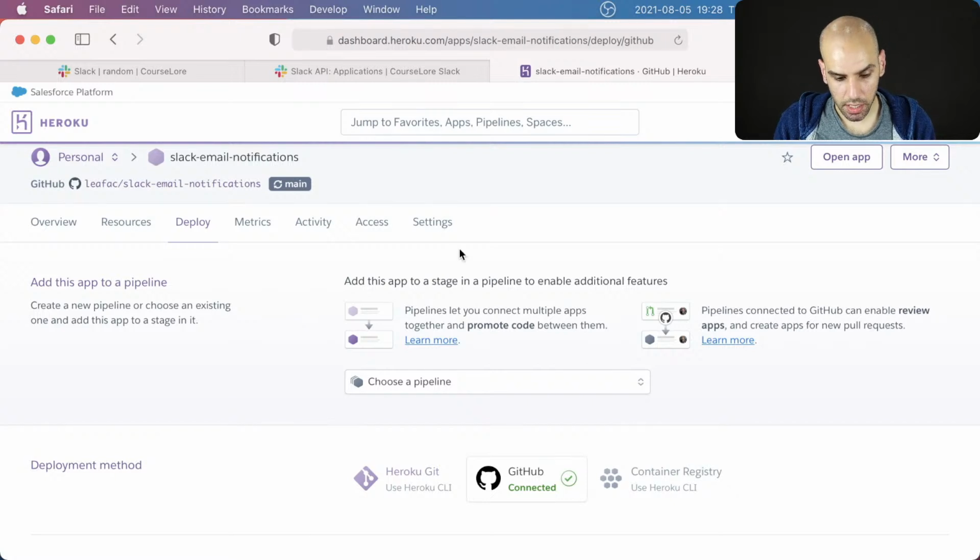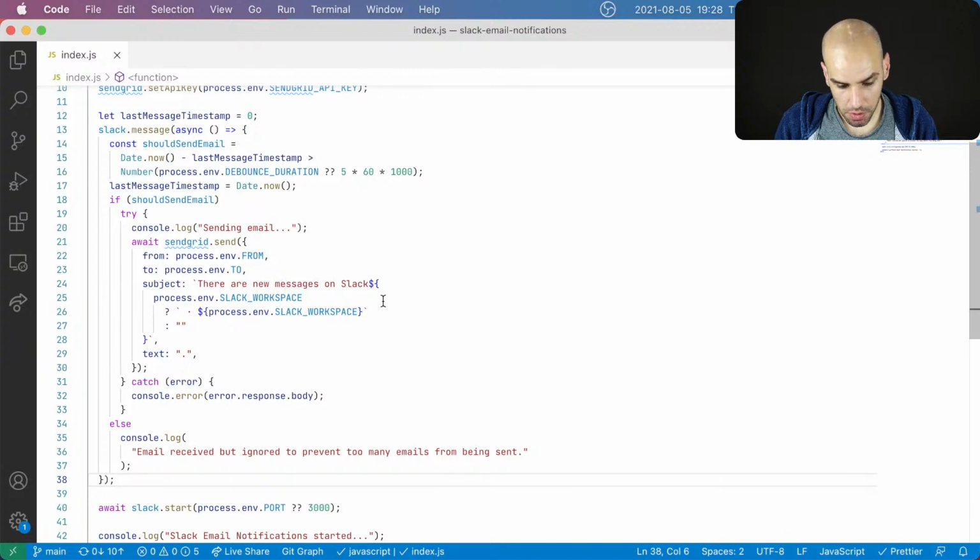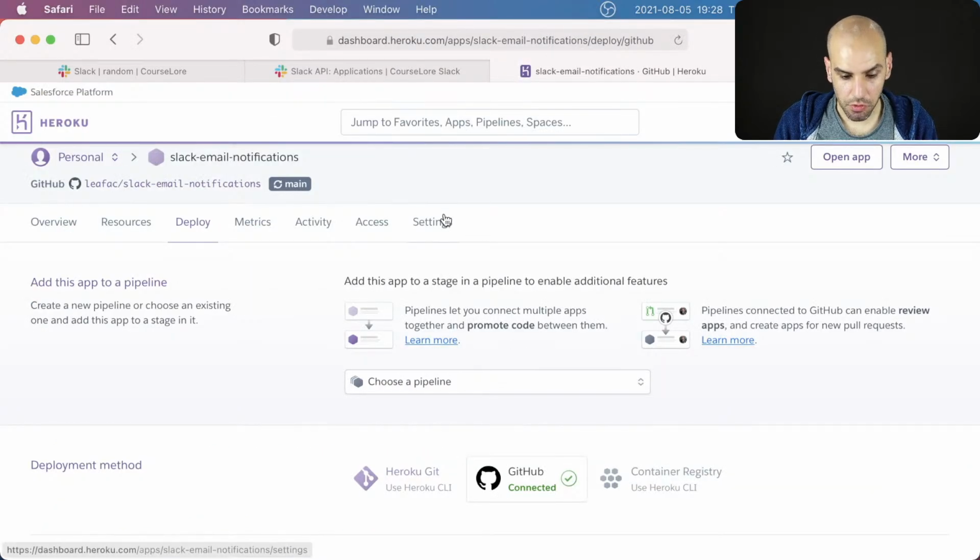But before I do that, I need to come here to the settings, and I need to set up the environment variables because they are set up here in my .env file locally. All the keys are in there, and I'm not going to show you this, but I have to set up the environment variables on Heroku. So before I click here, I'll switch back to this camera because you never know. Doesn't seem like there is anything too sensitive in here. Yes, all right, so I can actually show you this.